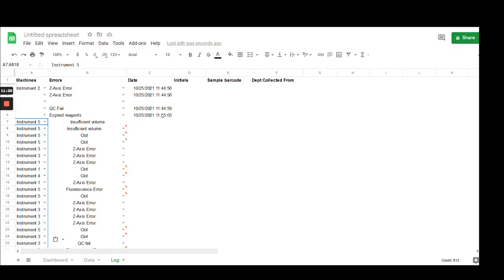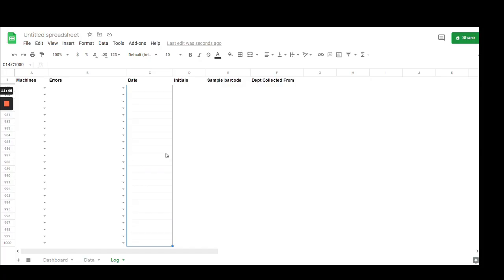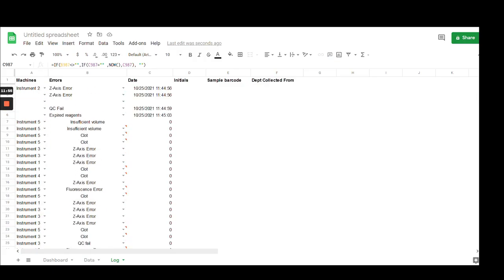We're not going to worry about the dates, but if you wanted to copy this formula down, you could just click and drag. Because these already have data, it's going to say 0. Or you can Control C to copy, and then Control Shift down to Control V, paste. So every one of these cells now should put the date in. Alright, so now that we have a bunch of log data regarding the instruments and the errors,